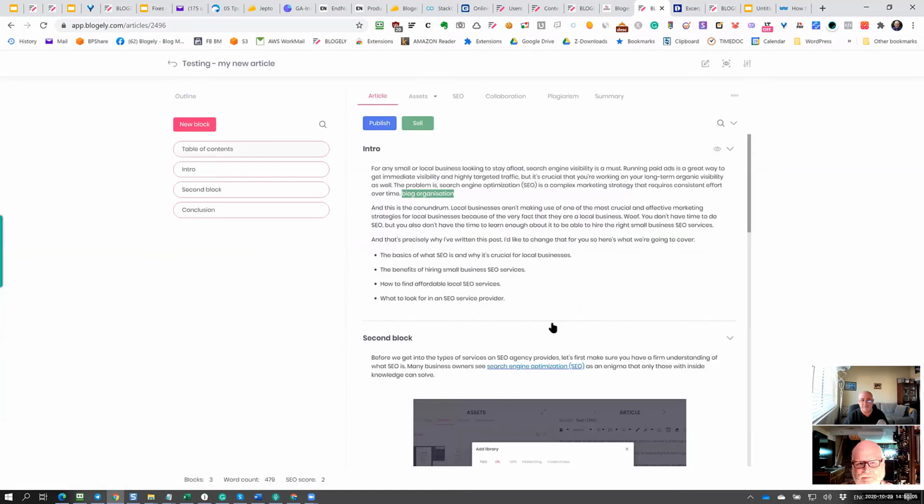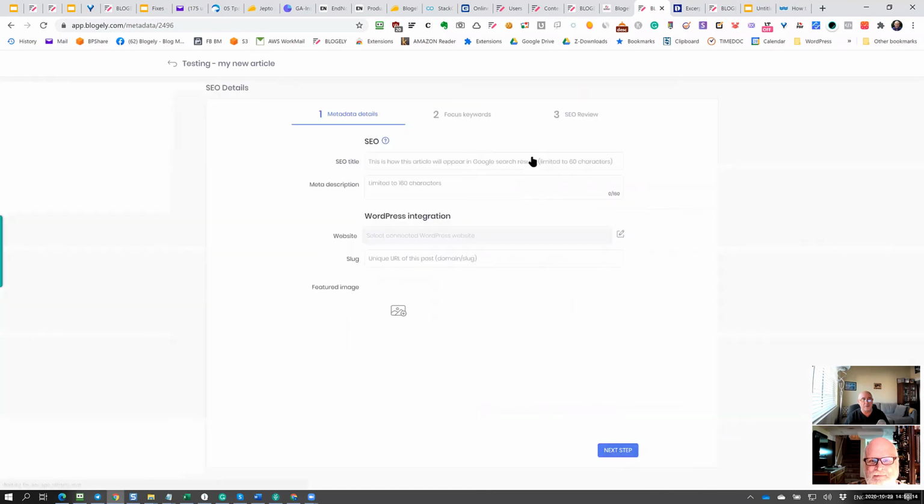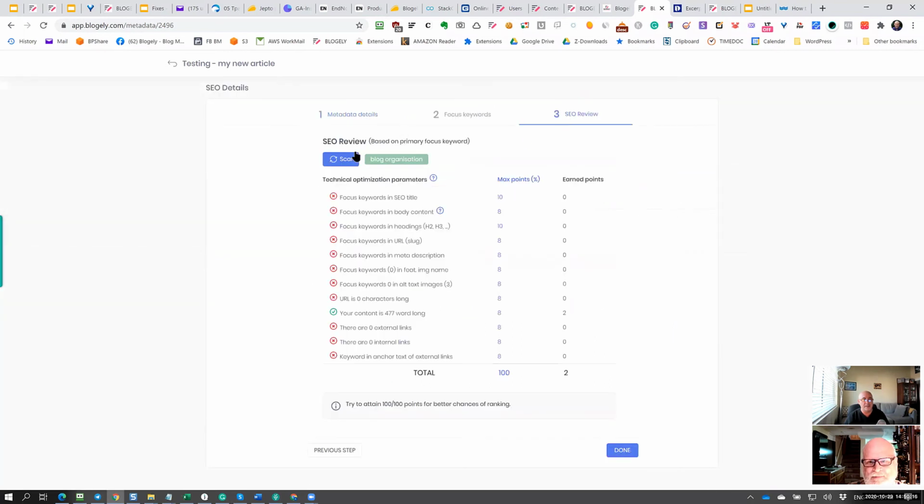Now, 1 more minute left to 25 minutes. So I go into SEO, just to show a quick step here, and I try to scan it. Now you can see I added one keyword in the text. It found one and I earned 2 points out of 8. Our logic is set up for the body content. Basically, if you meet your 4 keywords somewhere throughout the text, you earn the maximum 8 points.